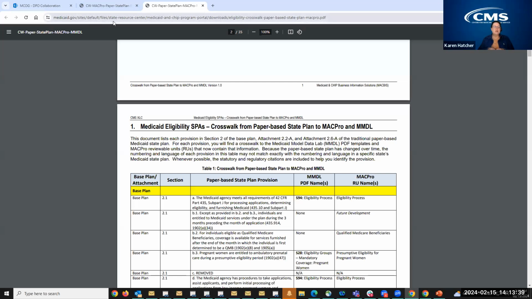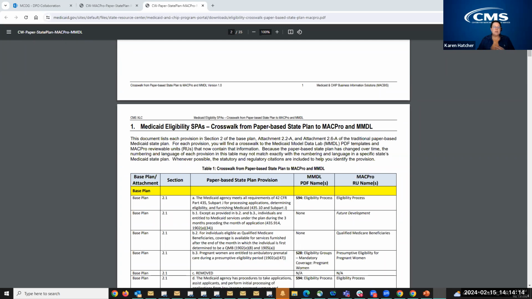Okay. There are no guidelines that state how early a state can do it. If you're looking at a SPA that's going to be effective next year, we've seen states submit them. But I will share with you one drawback that we've also seen from SPAs being submitted where the effective date is too far in the future. As they get closer to that SPA, something may happen legislatively within the state that may change that SPA being effective.